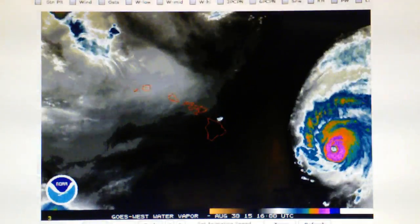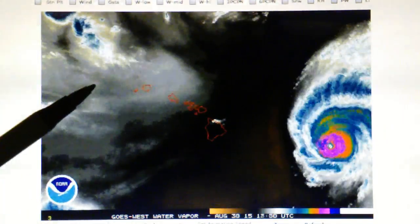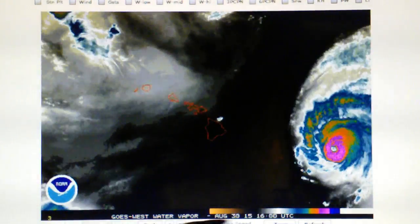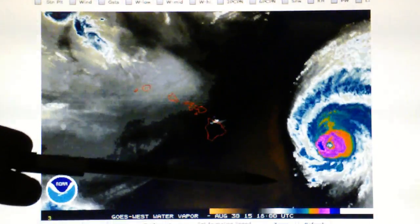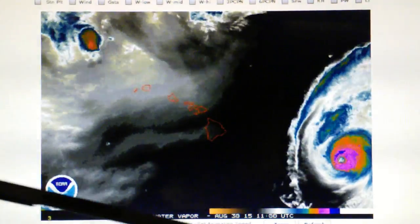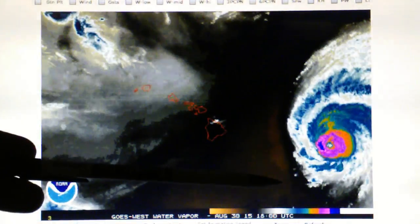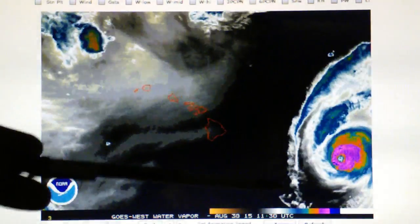All right, here's the Hawaii loop, and we can see that Hurricane Ignacio is moving in a north-northwest trek now. And this high pressure that we were just talking about, watch how quickly the bands from this storm evaporate in this area. Once they get into that area, they don't last long because this is very, very dry air at altitude, right down in here. So that's pretty good evidence of high pressure and very, very dry air, right next to a hurricane,